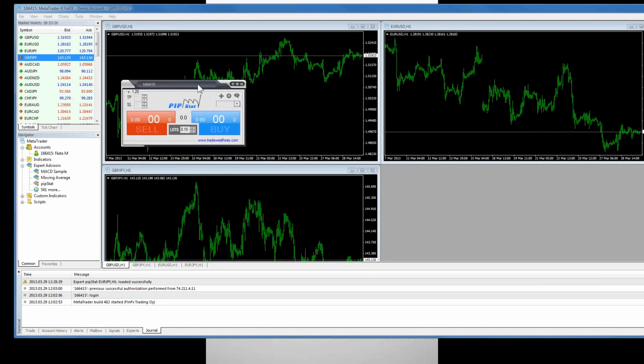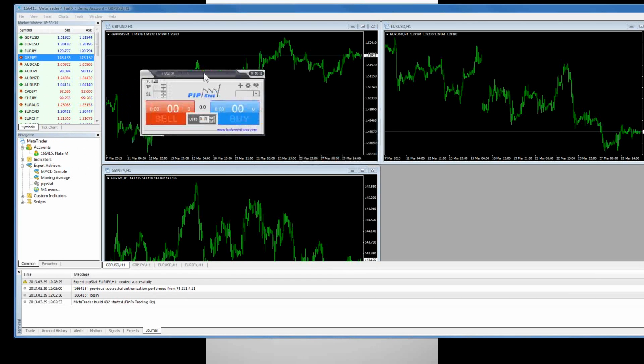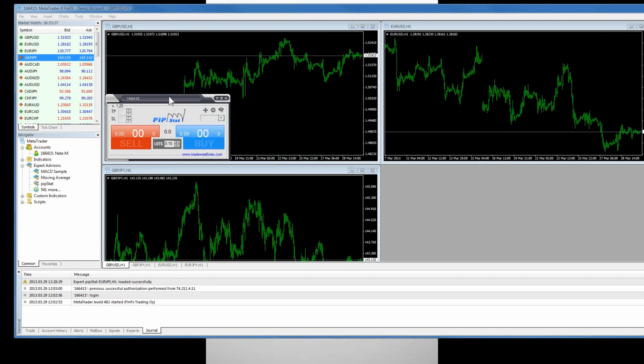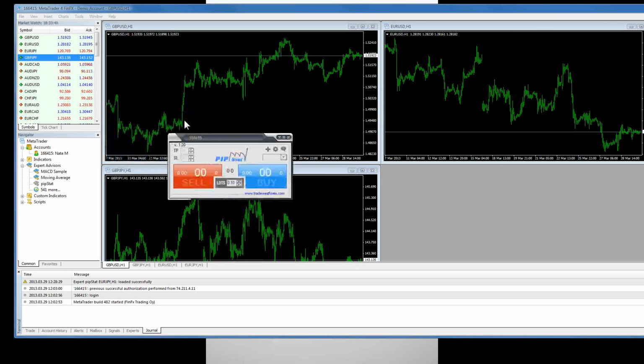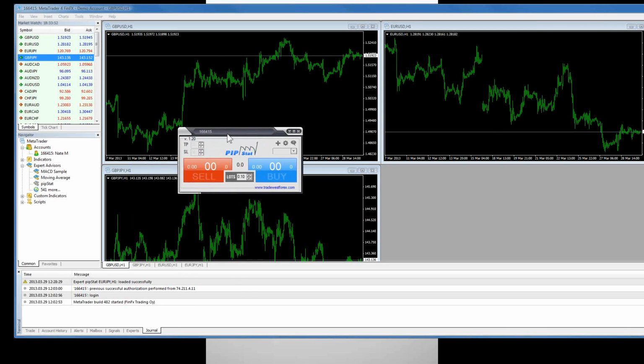So not only does it deal with your money management, but it also takes care of your trade management. This is not that we're saying this is a strategy. This is a tool that simply facilitates a lot of the different things and actions that you're going to do while trading. A lot of you already have Pip Stat and are familiar with it. I would venture to say there's several of you that are not. But there's other tools out there.